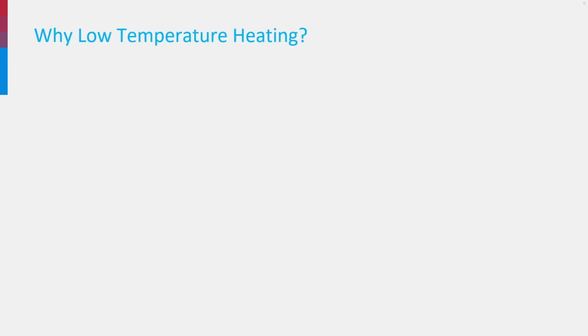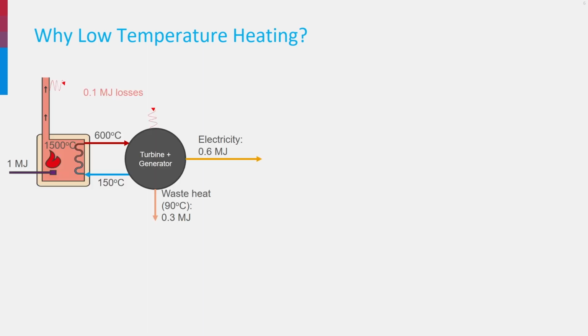Why should low temperature be preferred? Well, the higher the temperature of a medium, the more you can do with it. For instance, with water at 40 degrees, you can wash your hands, but you can't boil food or disinfect a tool. For this, you need water at 100 degrees. And if you boil water under high pressure in a boiler, you can make steam at 600 degrees, which can be used to action a turbine, which in turn action a generator producing electricity.